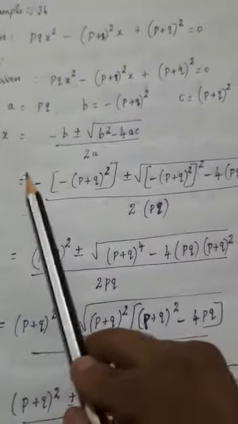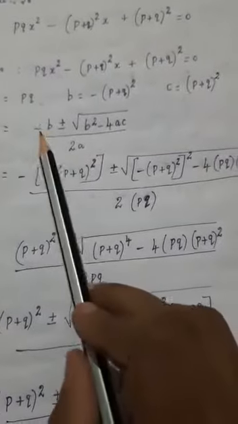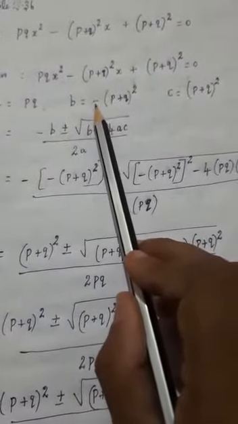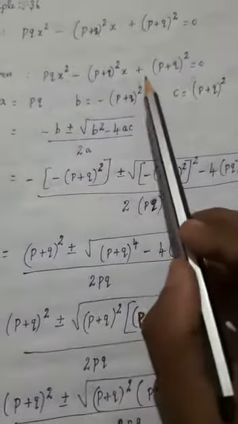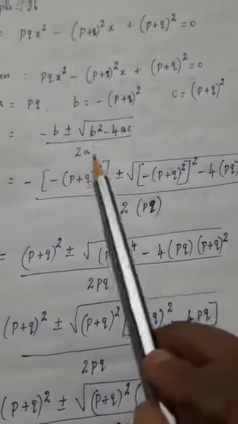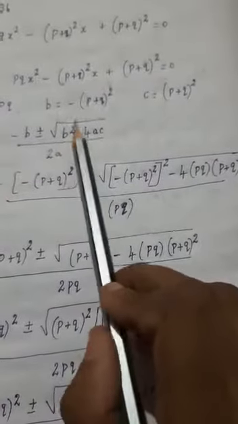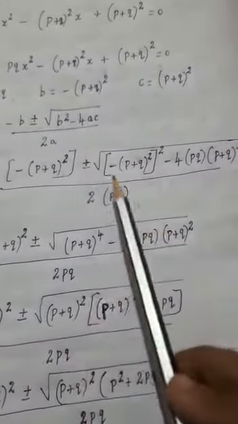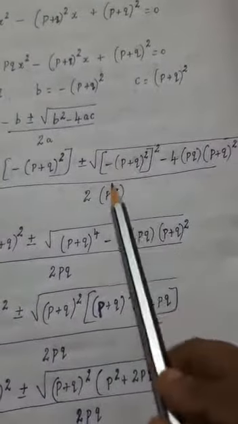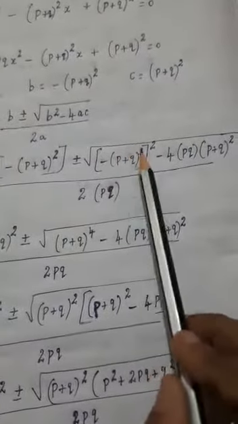So now x is equal to, already in our formula itself one minus you have. So the minus into b value here, what is it? In the b value also another one more minus you have. So minus into minus (p plus q) the whole square, put it in the bracket. The next one plus or minus root of b square. So we know the b value, b square means then make the square. So minus (p plus q) the whole square, this full thing, that is the b value, b square means make the square.